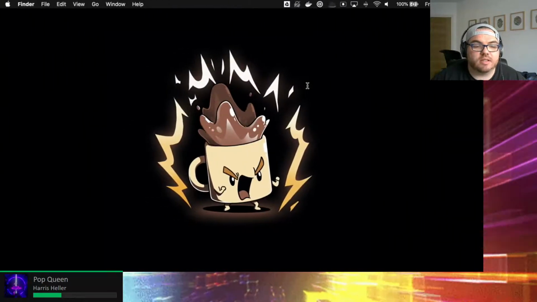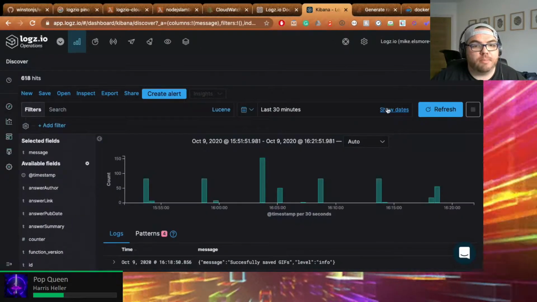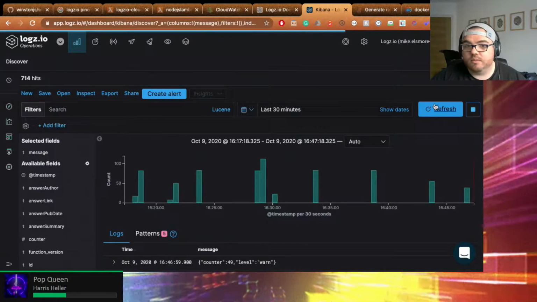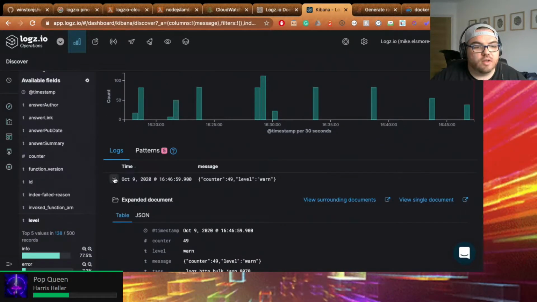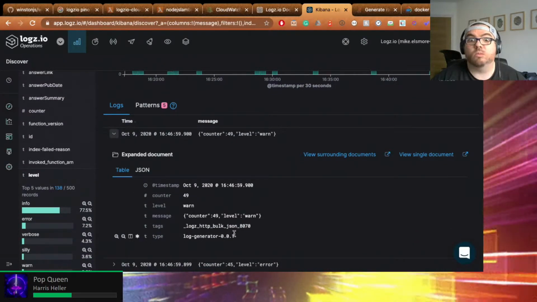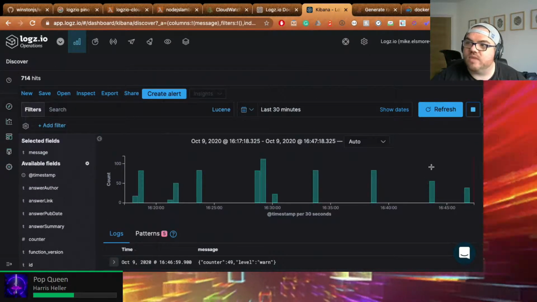We have just dumped a whole bunch of stuff into Kibana. Let's see if we've got some stuff in Kibana. To be brutally honest, because it's on Docker, I could be, yay, woo! Logs from my machine, from the log generator 0.1, being dumped in there. Excellent. We have some data.